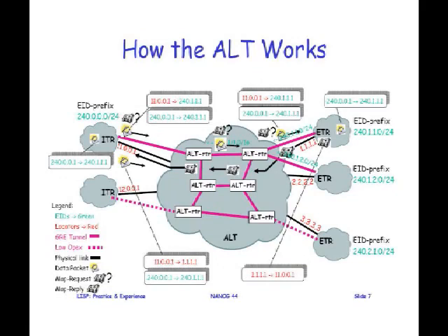So basically what happens here is the same situation as before. The host on the left, your left, where it says ITR, would look up the destination address, which is 240.111. And basically what that ITR would do then is say, okay, I've got to find a mapping for this, because when the packet gets to the border, if it doesn't have a mapping, it's got to go look it up, right?